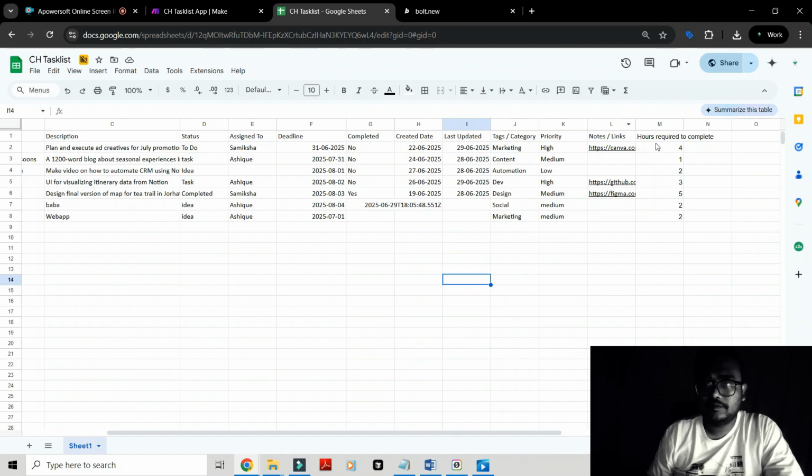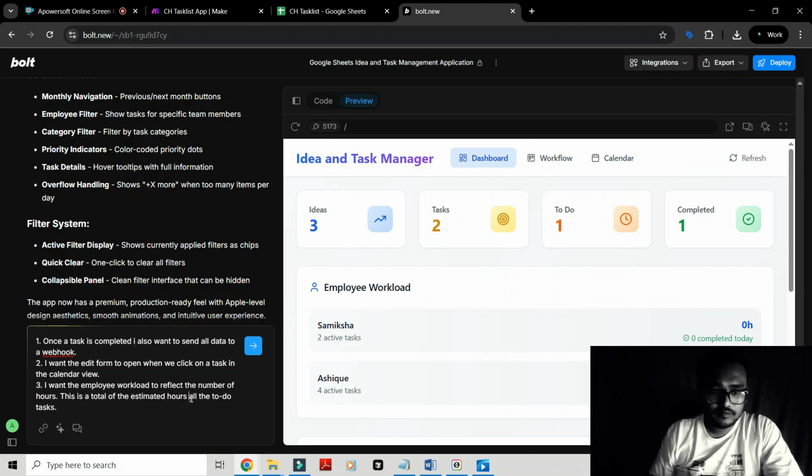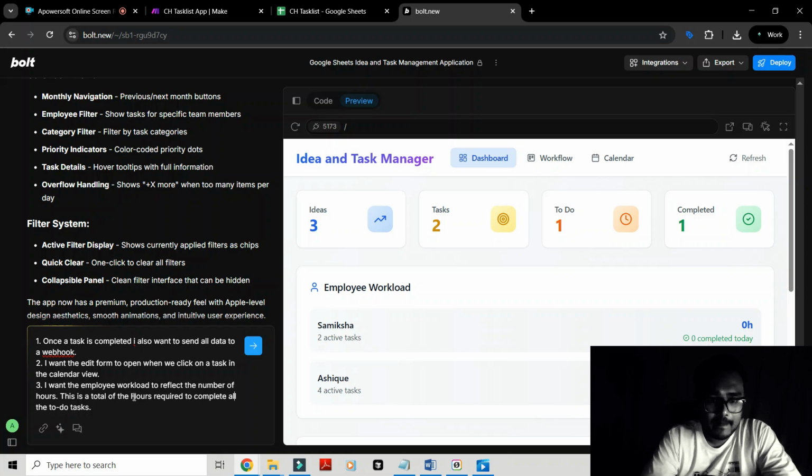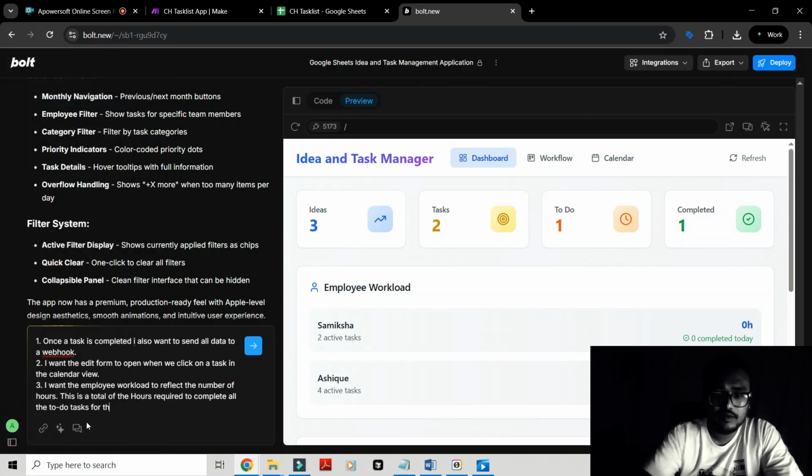Hours required to complete all the to-do tasks for the current day, for the present day,